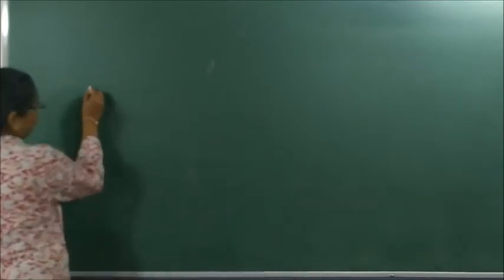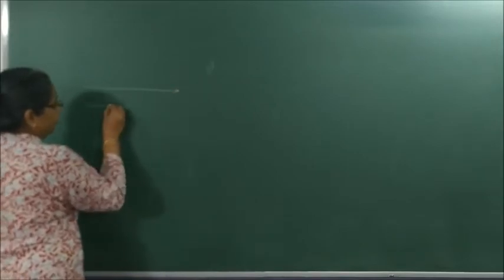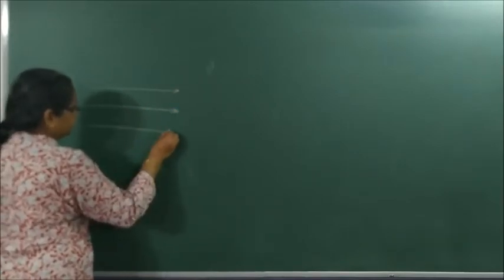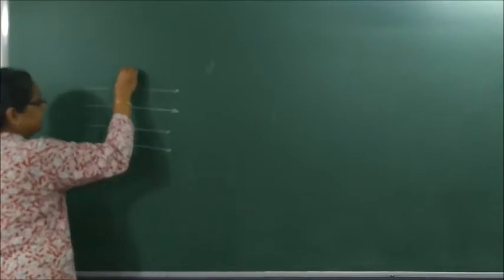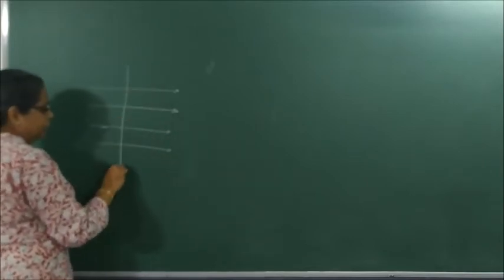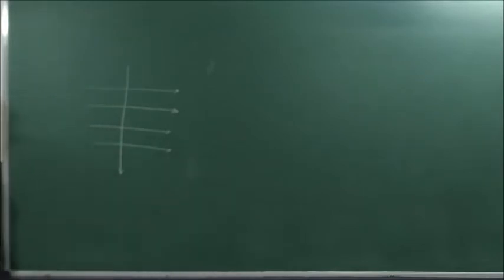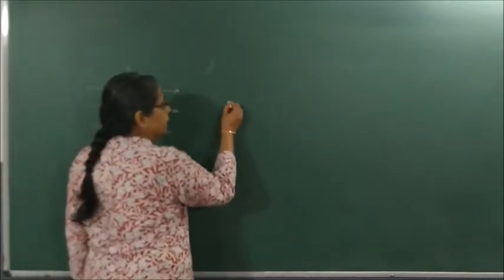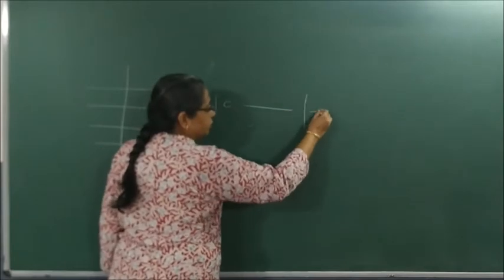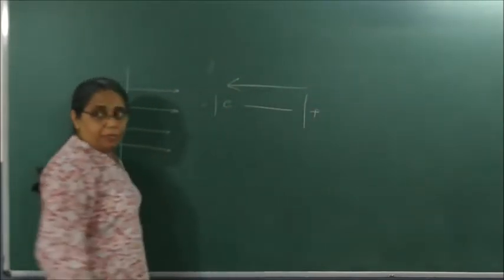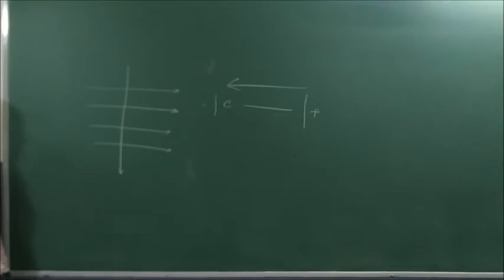Now, what is the logic when you talk about an electron? This is a uniform magnetic field, and the electron enters perpendicular to it. So if the electron is entering like this, the direction of current is what? Opposite to the flow of electrons. In electricity, if the electron moves from negative terminal to positive terminal, current always flows from positive terminal to negative terminal. One diagram, one cross section of a wire.